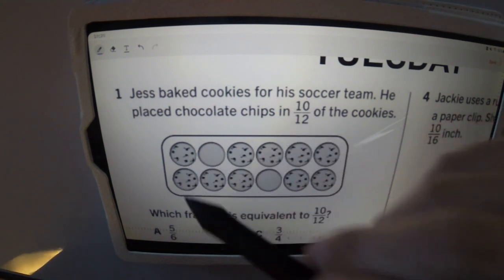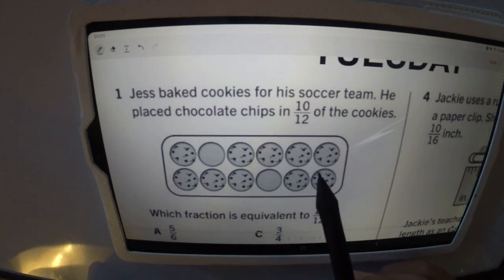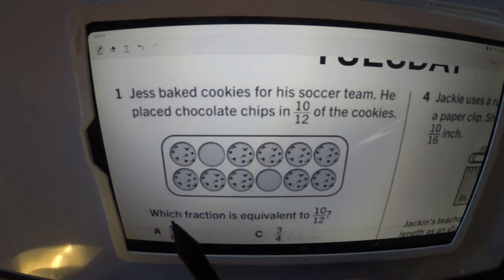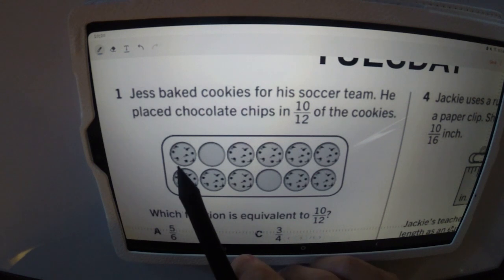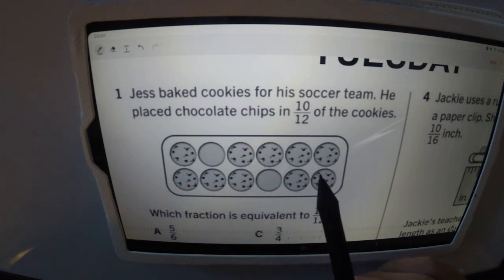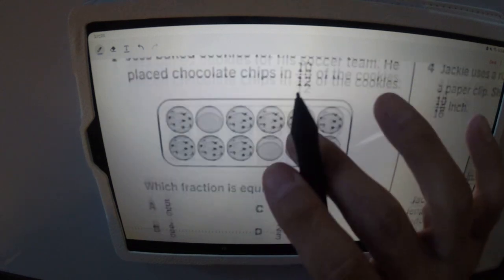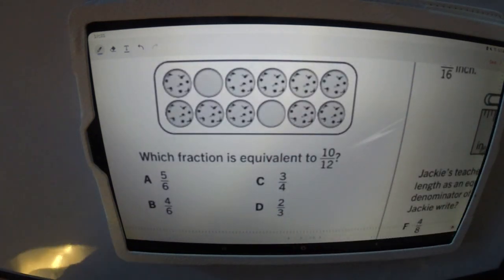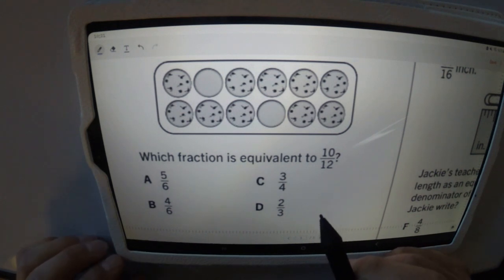So as you can see, there's 1, 2, 3, 4, 5, 6, 7, 8, 9, 10, 11, 12. And out of the 12, there's 1, 2, 3, 4, 5, 6, 7, 8, 9, 10, 10 with chocolate chips. So the question is, what fraction is equivalent to 10 out of 12? Now, the best way to figure this out is so